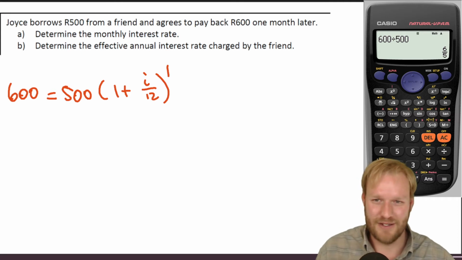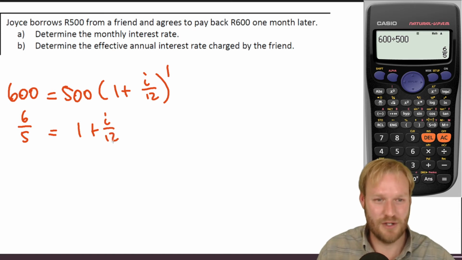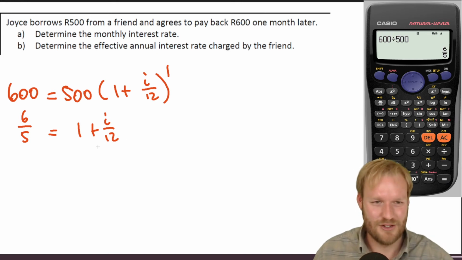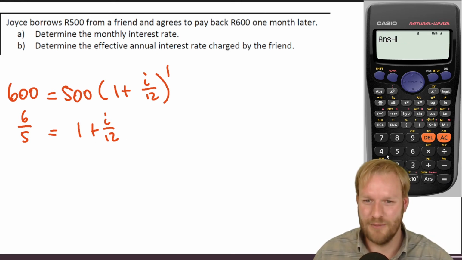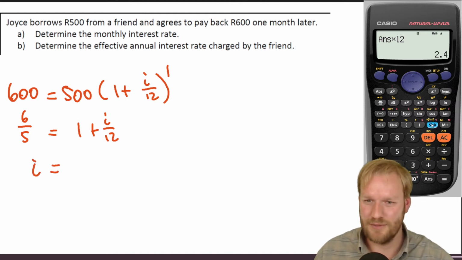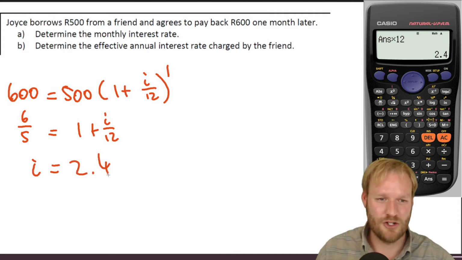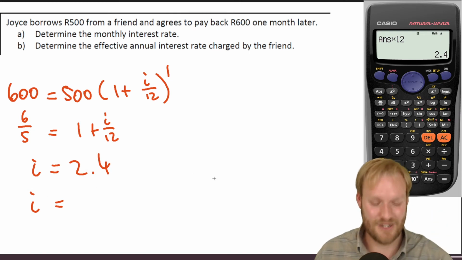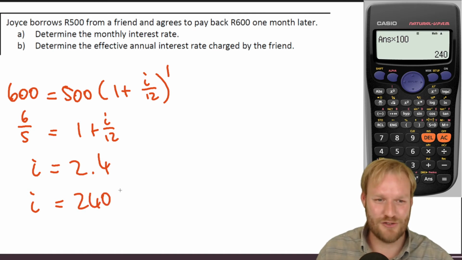Whether that's 6 over 5 or 1.2, it doesn't matter. 6 over 5 equals (1 plus i over 12) to the 1, but that's just the same thing, right? So let's subtract 1 from both sides, and then times by 12. So we get i equals, I guess it makes sense to do this as a decimal, 2,4. Now here's the thing, that's not a percentage yet, remember? As a percentage, we still need to multiply by 100. So that's 240%